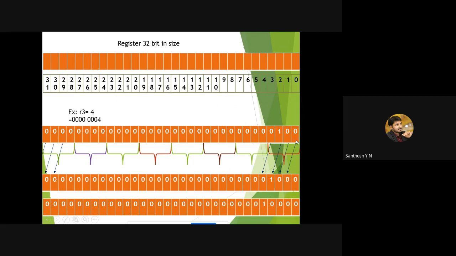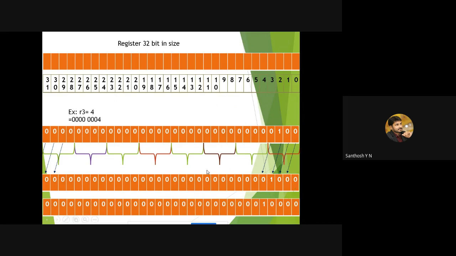Now I have to perform a left shift one time. What happens is, the information stored in bit position 0 will be coming to bit position 1, bit position 1 data will be coming to bit position 2, and bit position 2 will be coming to bit position 3. Likewise, it will be continuously moving towards the left side. But what about the last bit position? The last bit position will be moved into the carry flag, as we discussed in the previous slide. As we have seen in the diagram, the LSB will be loaded with 0, and the MSB contents will be loaded into the carry flag of your CPSR register.